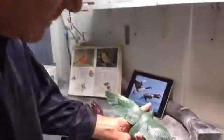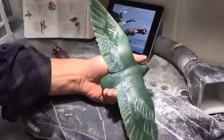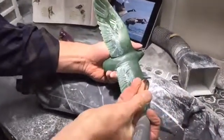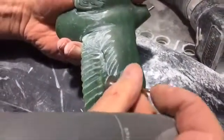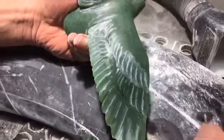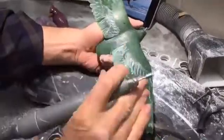So as you see, we've cut these feathers so that they're individualized, and I've done that with a tool that's similar to this. Let me just reach over and I'll show you. It's this shape that we've used to cut the feather. So we just cut in and around and made a mark into that surface there. So we've cut them, then smoothed the surface, and then